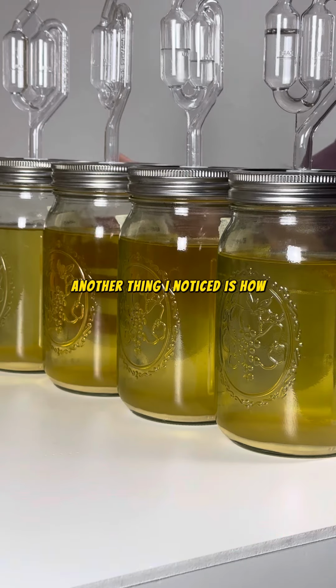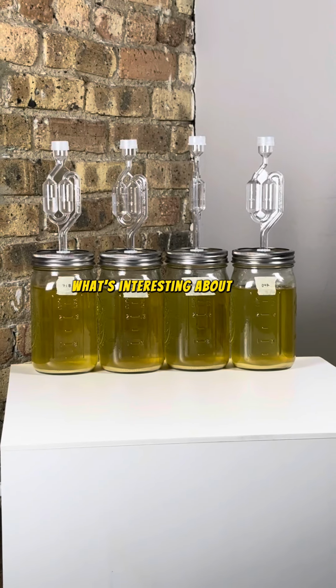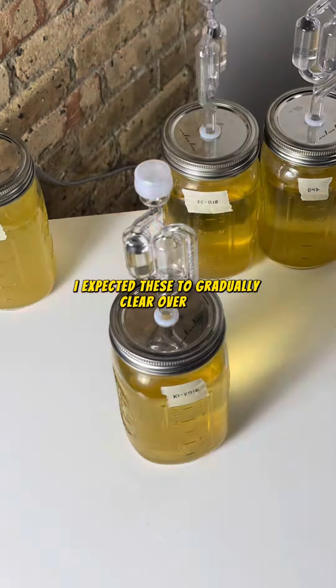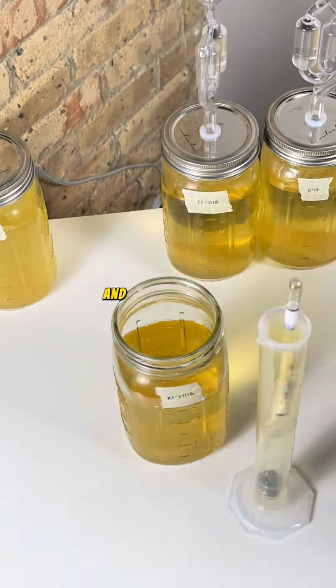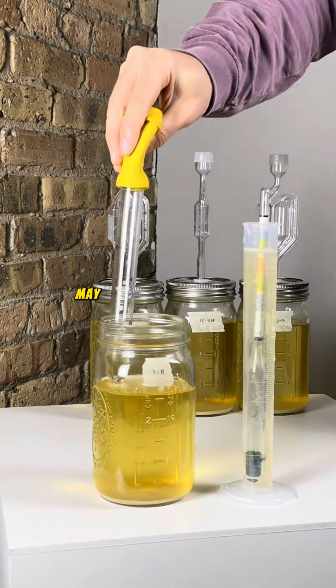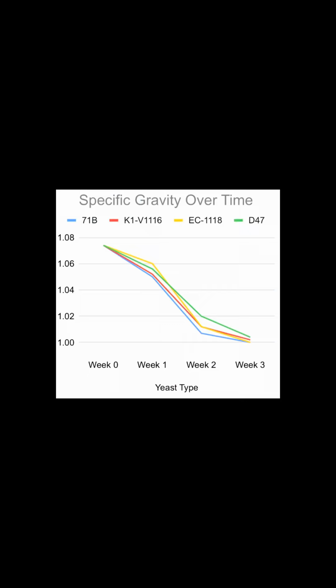Another thing I noticed is how clear these have gotten just in the last couple days, and how you can see them degassing. What's interesting about this is I expected these to gradually clear over time and possibly at different rates, but instead it seems like they all cleared up suddenly and at the same time, suggesting that yeast type may not impact clarity at all. So from a visual standpoint, I can't seem to differentiate any of these, but let's take a look at the